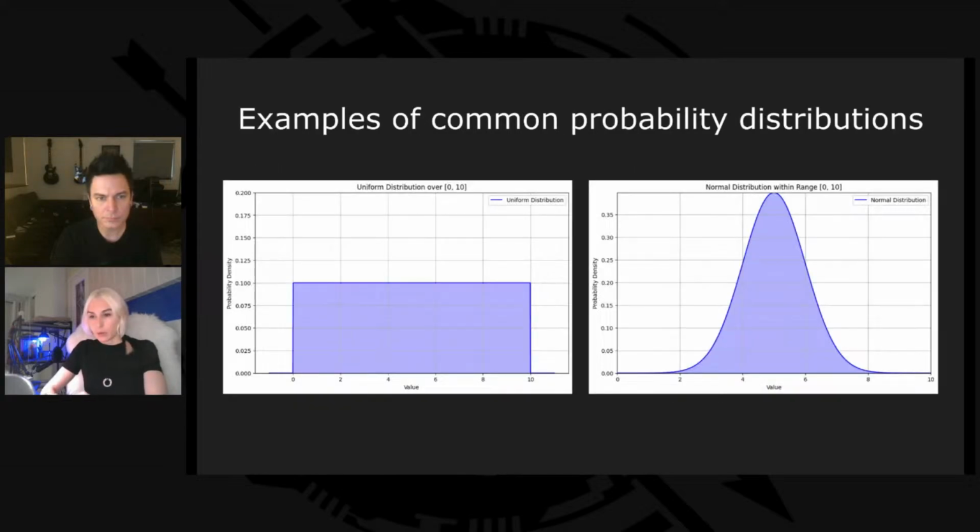And here is a couple of examples of common probability distributions. The first one is the uniform distribution, which I mentioned previously. This just reflects that the different values of the variable are equally probable, equally likely to be assigned. And another popular distribution is a normal distribution, which governs most of the things that happen in nature.